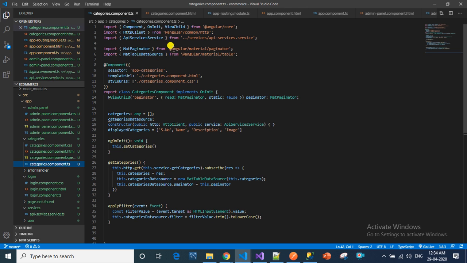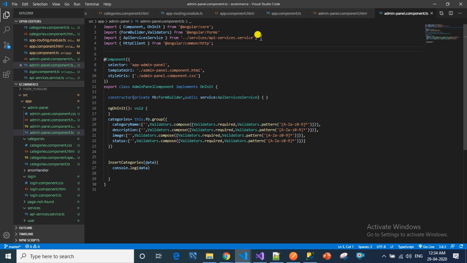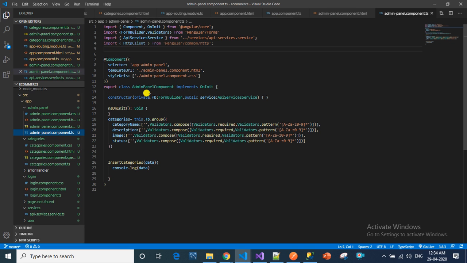So in the categories component have imported this HTTP client. So I am copying this and pasting here too. Now we will copy this HTTP client. We will inject this HTTP client in the constructor. So we are doing the same way.